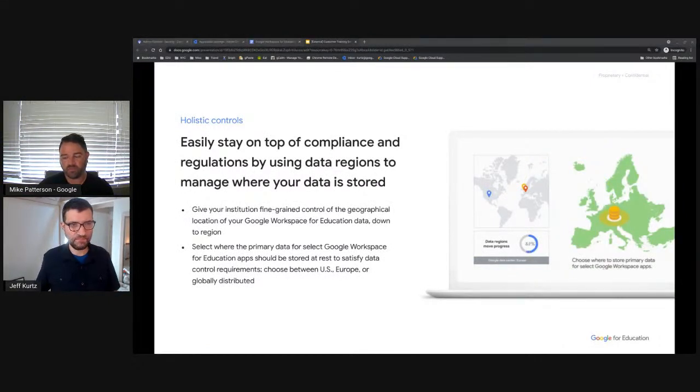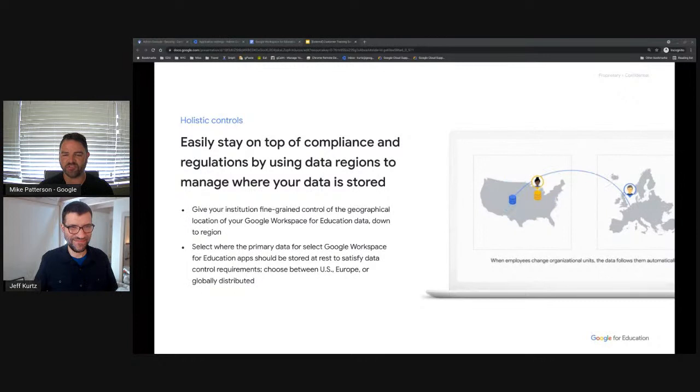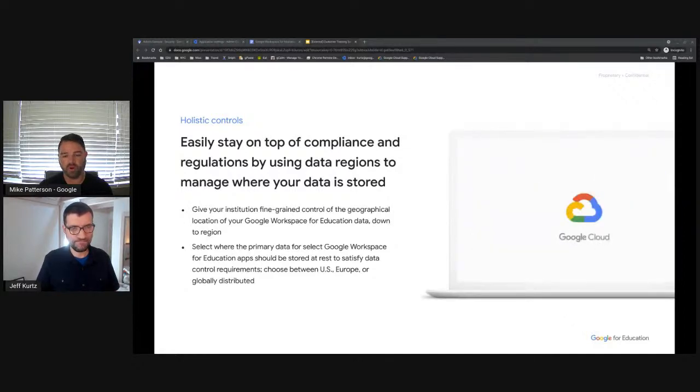Yeah, so the last one we're really going to dive into today, and this will be the last one with kind of a tell and show, if we're going a little bit backwards from the show and tell you all are used to. This is about our data regions functionality. And from a global perspective, there's a lot happening in the global market